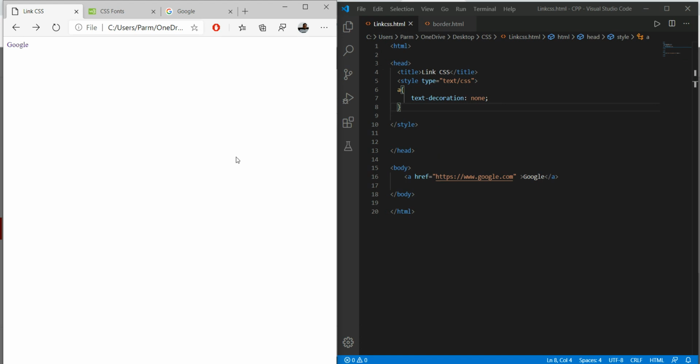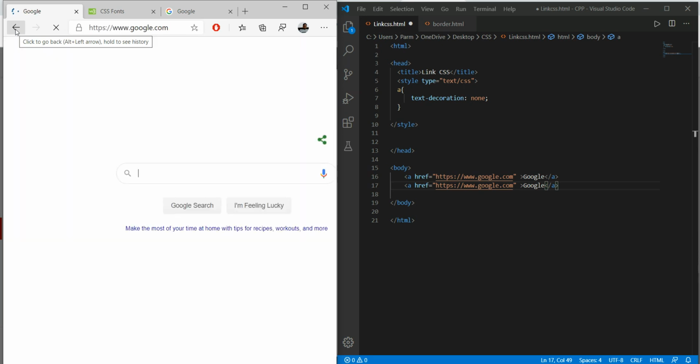Now let's create another link. I just copy this with Ctrl C and paste it. If I click on this link, it opens in the same window. I want to create a link that will open in a new window.